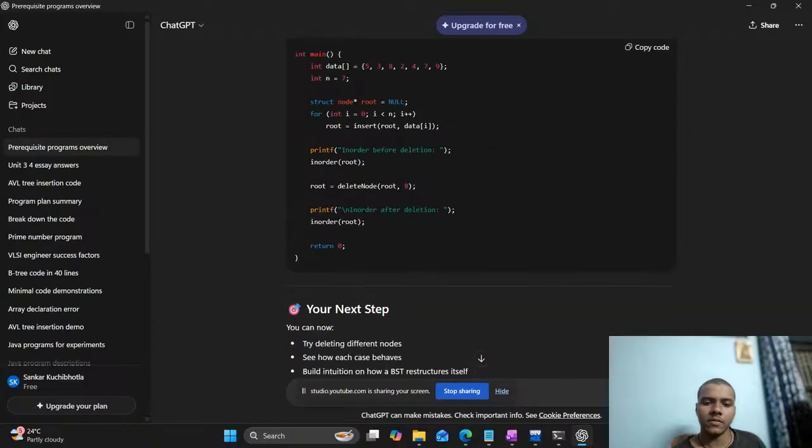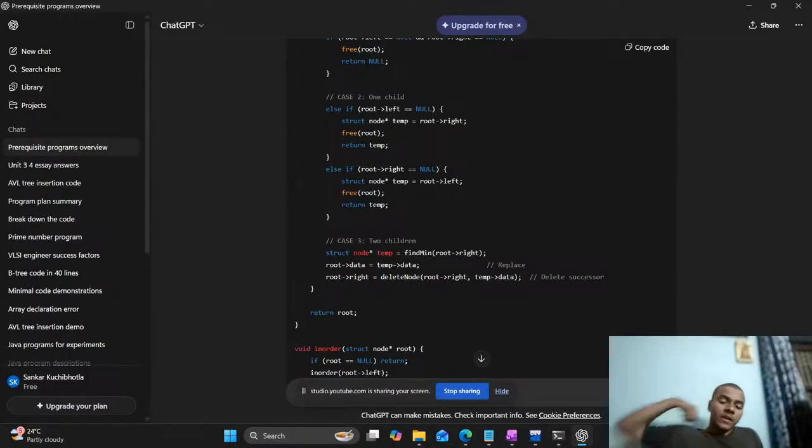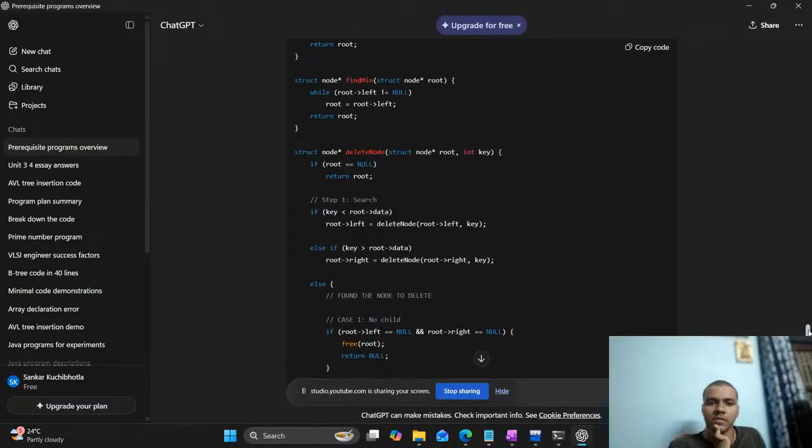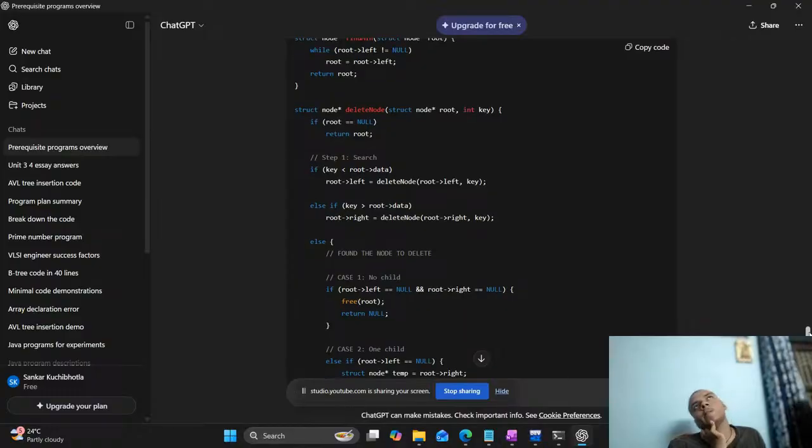Okay, I understood most of it. So you are replacing the root with the in order. So what is it returning? It is returning